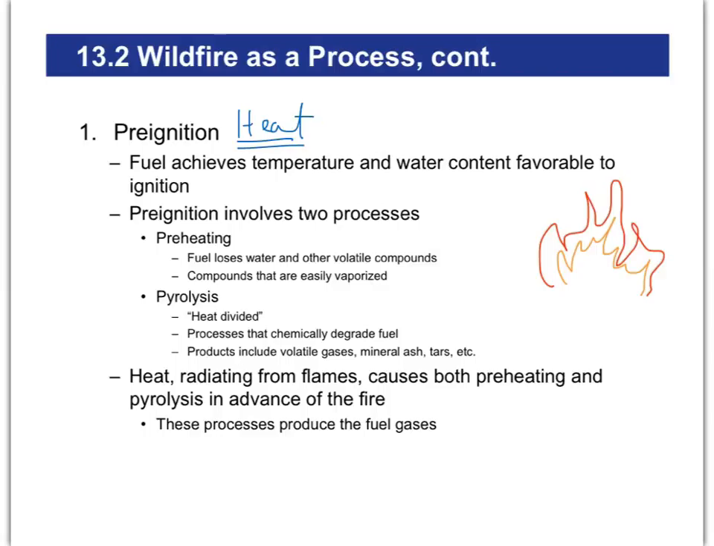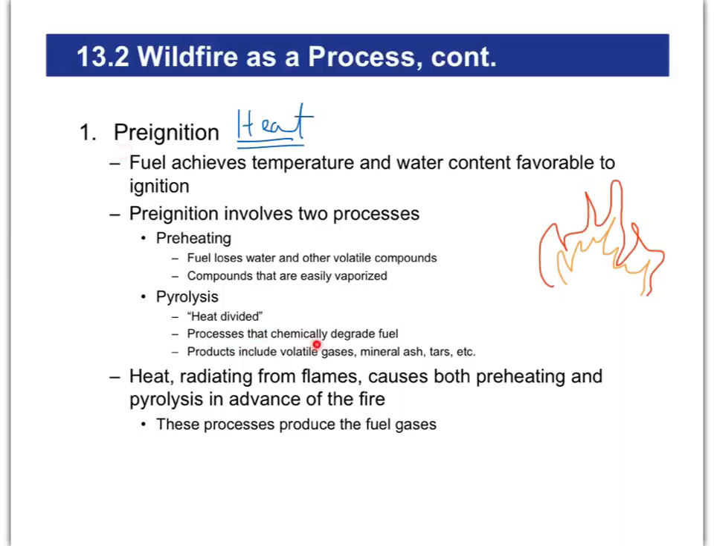Heat can also take compounds that are in the fuel, whether it's wood or paper or whatever the case may be, and actually get it more prepared for burning. Pyrolysis, heat divided. That means taking a compound that maybe isn't ready to burn, and that heat will chemically break it down into more easily burnable compounds. And so pre-ignition either heats the fuel so that the gases are ready to burn, or it breaks it down so that it turns into gases that could burn